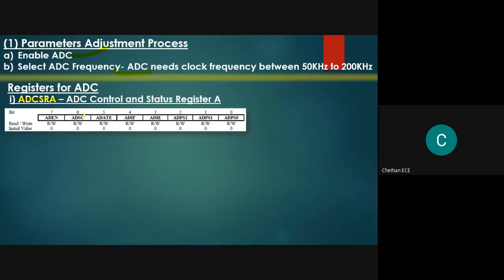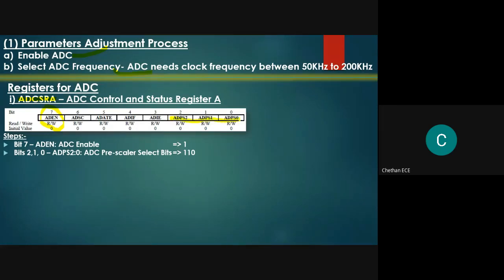In this 8-bit register, you can observe that bit number 7 is ADEN. ADEN is nothing but the ADC enable bit, and this bit must be programmed to 1 in order to enable the ADC. Again, I will repeat: you have to enable bit number 7 in the ADCSRA register. You must push logic 1 to this particular bit position without altering the remaining bit positions in ADCSRA.